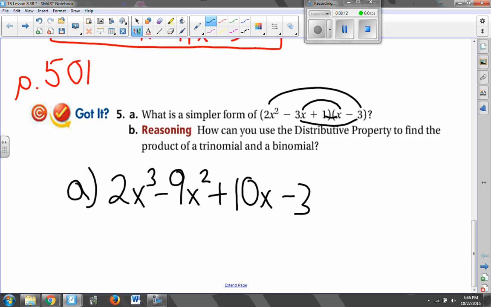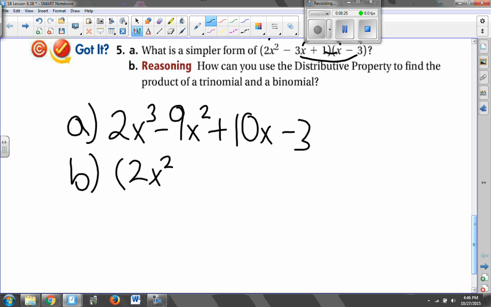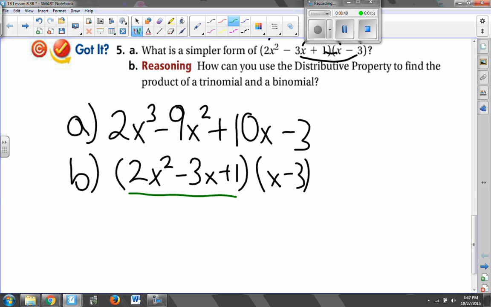Letter B, how can we use the distributive property? Well, if we look at the example just before, 2x squared minus 3x plus 1 times x minus 3. I can use the distributive property and just distribute every term in this trinomial to the